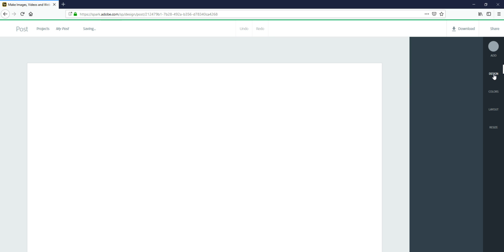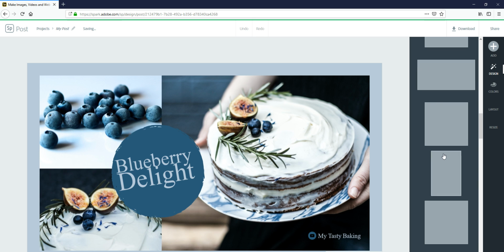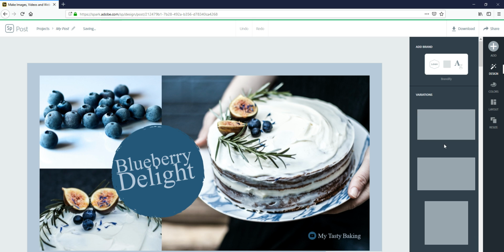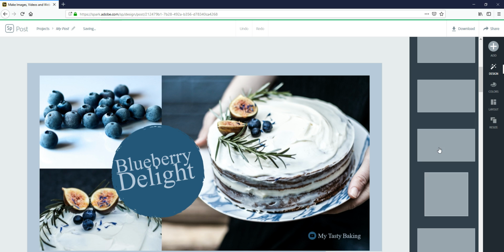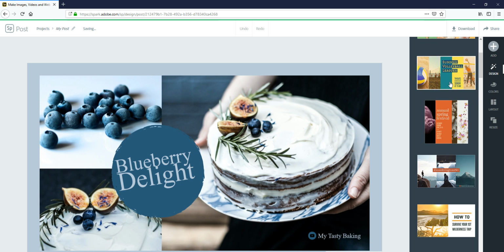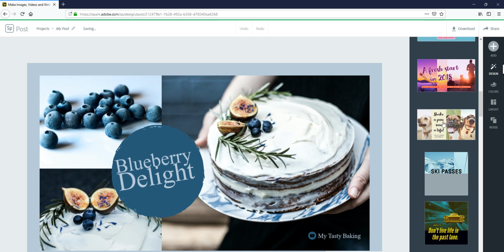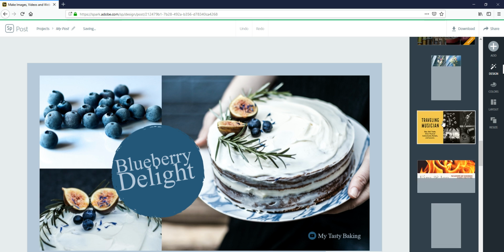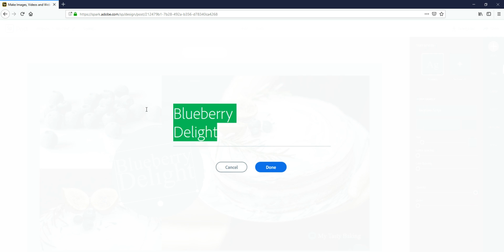There is a designs option, which suggests these layouts for us. We need to simply grab these posts. Actually, they are not loading, but yeah, here we go. These kinds of layouts, you can choose whichever one you want. You just need to click here, and it will automatically get applied. I'm going to click this and change the text with the name of